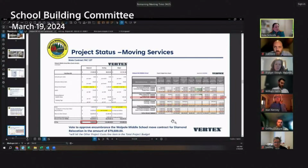The move is pretty complicated. We've had a lot of transition meetings, and combining 2 schools into one can be straightforward, but then it's figuring out what you're going to do with the furniture in the old schools and trying to reuse desks that are in really good condition in other schools in the district. So there's a lot of moving pieces in this. So within the base